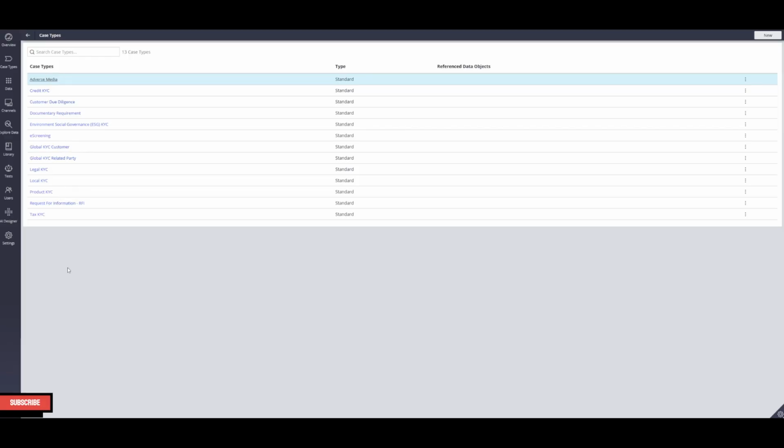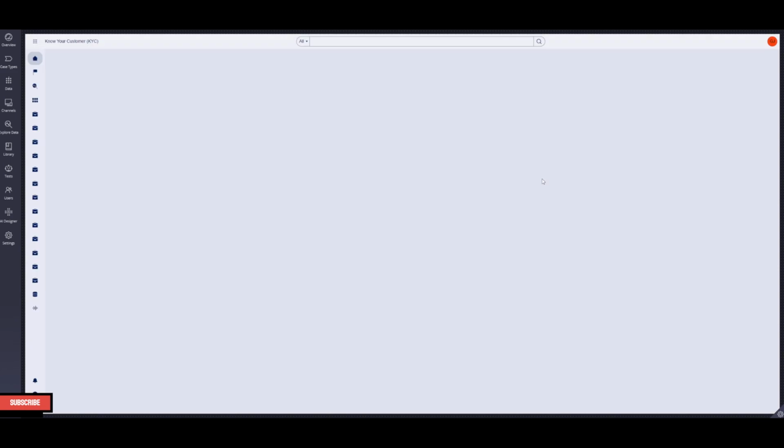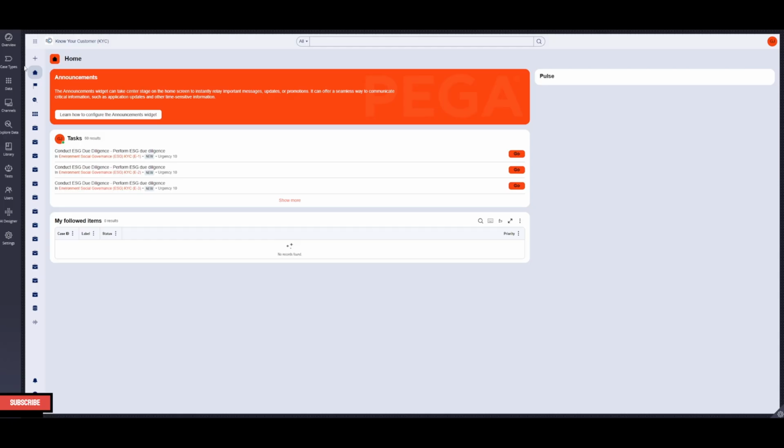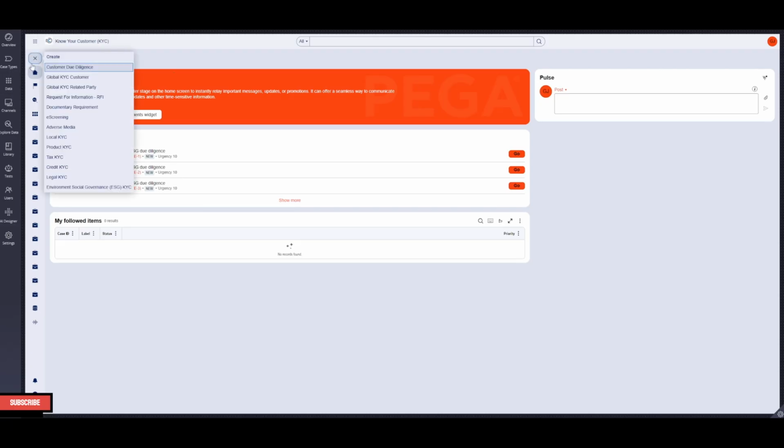If we click on preview in App Studio, we'll see the default portal for Pega Constellation, and we'll be able to create a case. Later on, we will work on the branding and the application itself, the theme for the colors. So if we click on create and click on Global KYC customer,